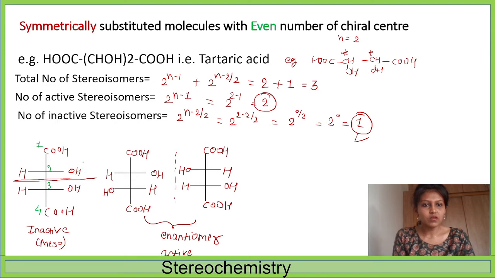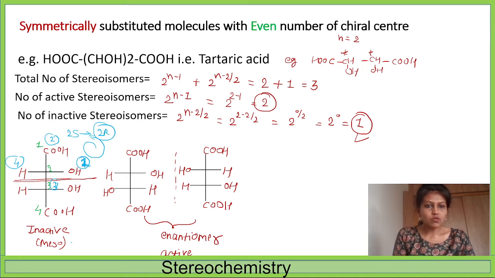So for 2 number carbon, this is 1 number, this is 2 number, this is 3 number, and this is the 4 number, right? So we can say 1, 2, 3 anti-clockwise, so S configuration, so 2S, but hydrogen is present over here, so 2S becomes 2R,